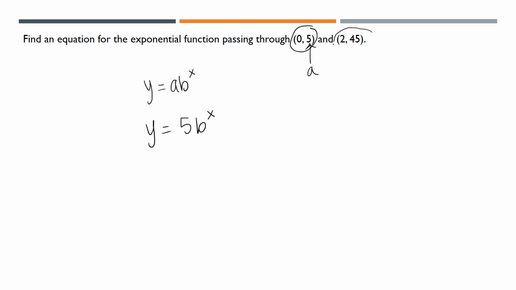Is one more point enough information to figure out what b is? I think so. This is some point (x, y) that has to make this equation true. If we plug it in, I think we can solve for b. When y is 45, x is 2. This equation has to be true, so it should give us that value of b. If I solve this by dividing by 5,